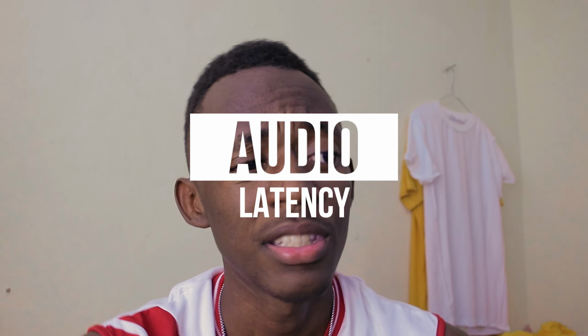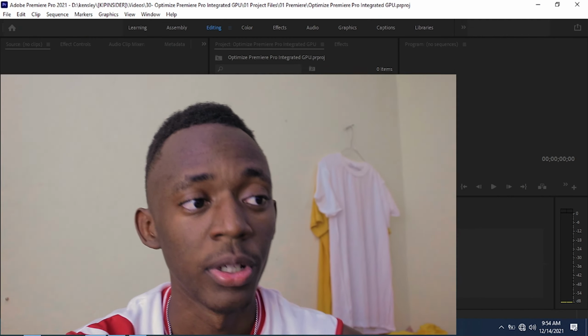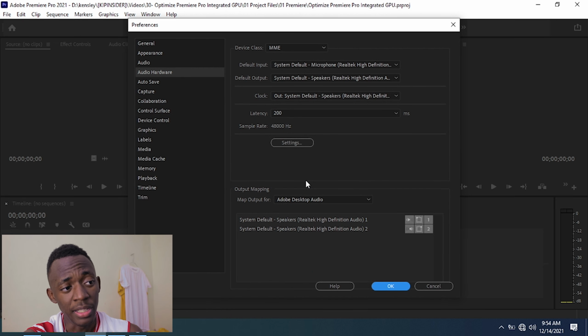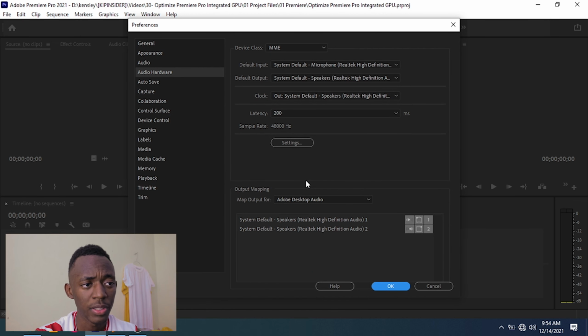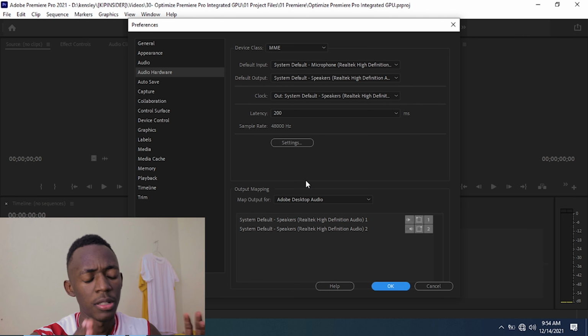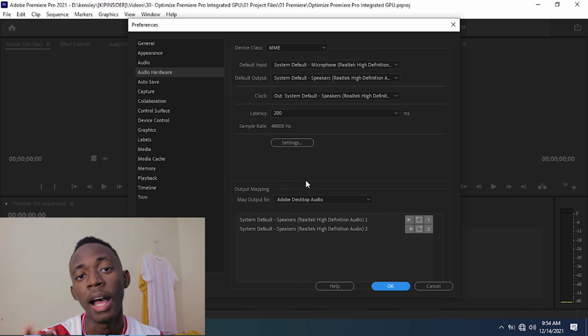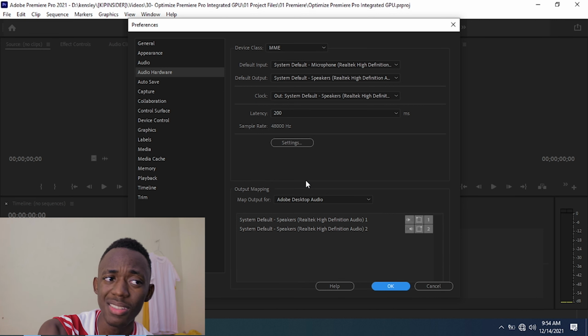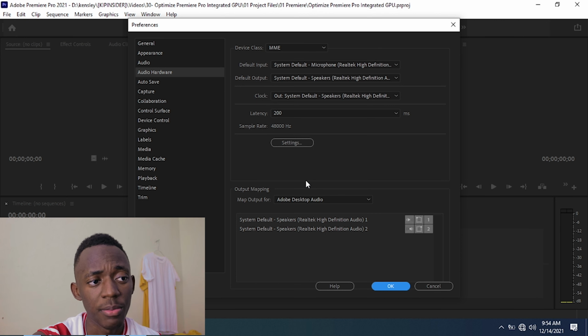So the first thing we're going to change is audio latency under audio. What is latency in that case? It's a measurement of the time between the computer saying make the sound and the sound card making the sound. It's also controlling the audio buffer size, in which the video card has to process a certain amount of audio before actually starting to play the file. 200 milliseconds is not that bad, but you can actually get something better out of 100 milliseconds. Not that I noticed anything, but